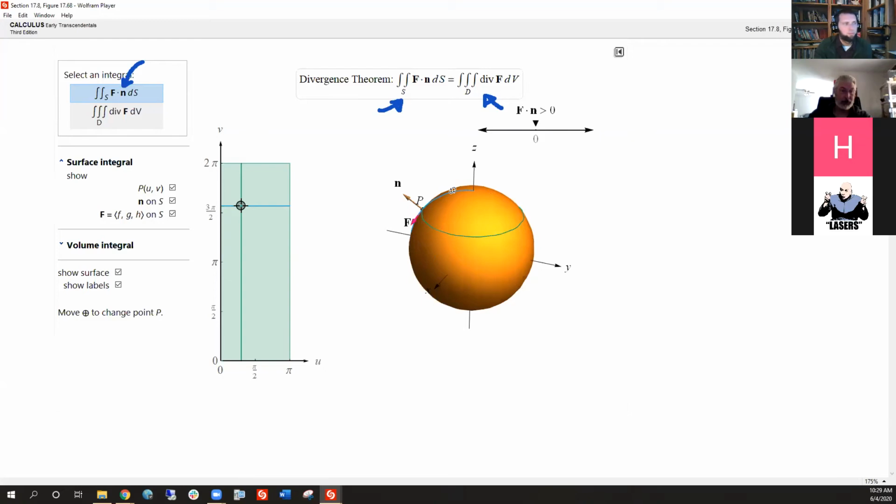Well, looking at the manipulate, F looks like it's tangential, so is none of it. So none of it, exactly. So it looks like F dot N is around 0, so it's not going to count anything toward the surface integral. So we could move stuff around and see if we could find